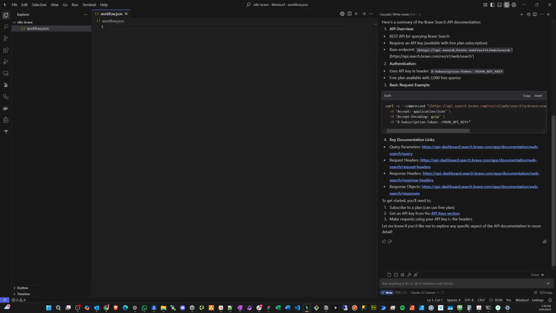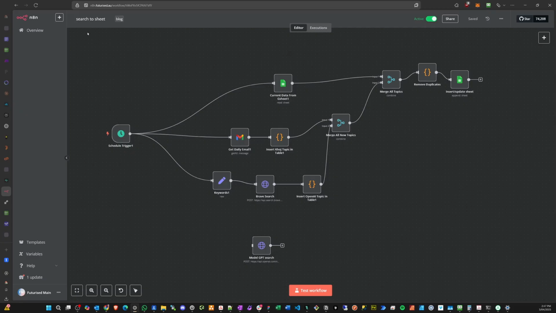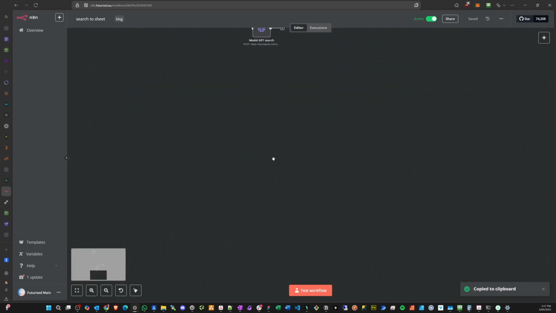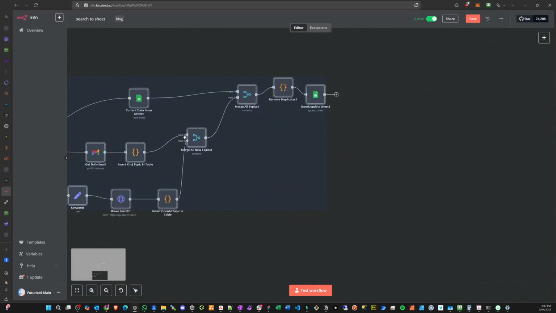It's given some example header requests that we can put into an HTTP node on n8n to search Brave for the latest topics and then put those latest news topics into a Google Sheet. Currently we've added Brave Search here, but we will remove that. So I'll show you how to test this out. Paste options,